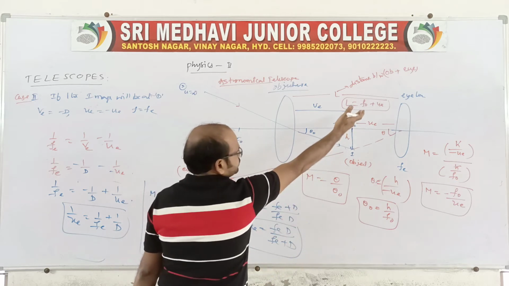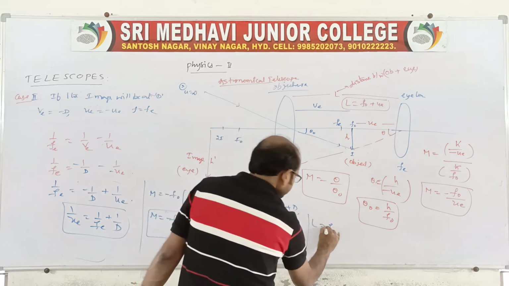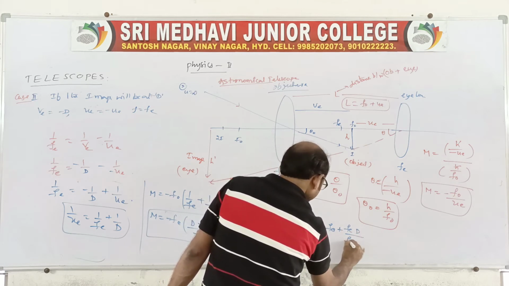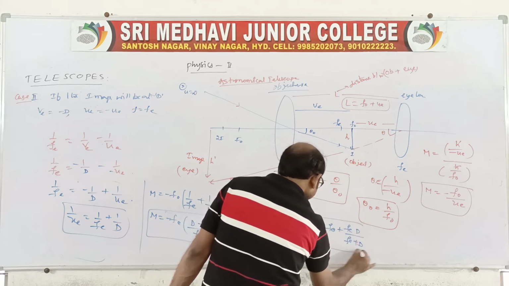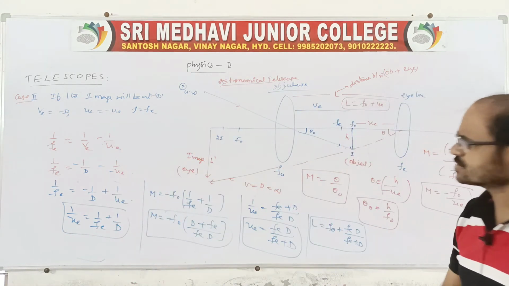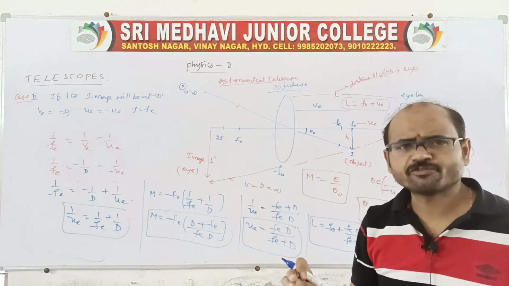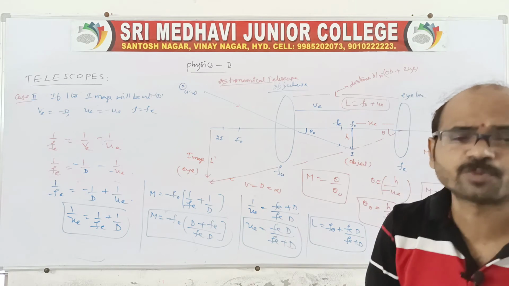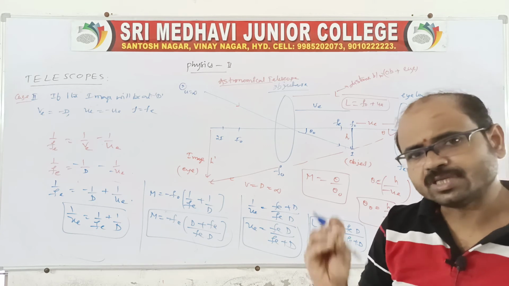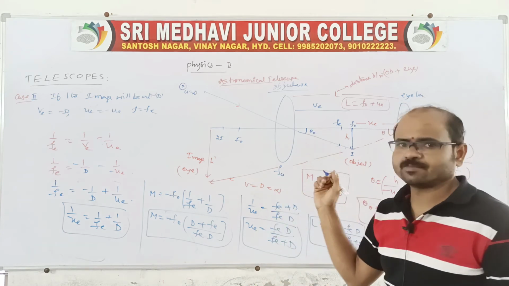Now you substitute here, and we will get the distance between the lenses. L is equal to F naught plus UE, and UE is nothing but Fe D by Fe plus D. This is the distance between the two lenses. Of course, you remember these derivations are not required from the IPE point of view, but on this basis we have two problems in our Telugu Academy textbook. We should learn and read them also, because on the basis of this we have problems.